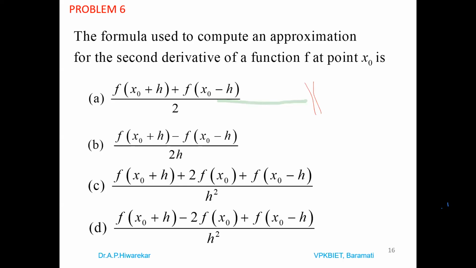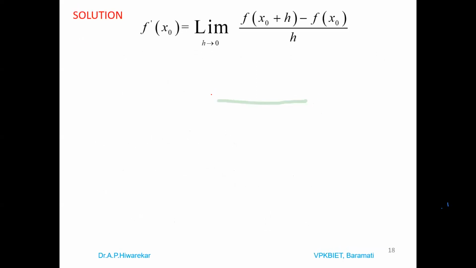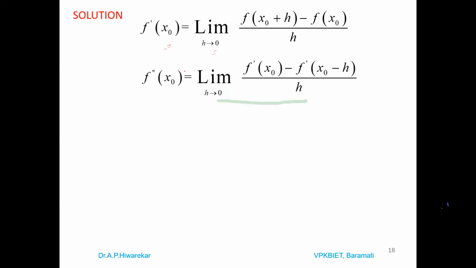Okay. So I hope you can understand what is asked in the problem. So f dash x, we know that is limit of f of x plus h minus f of x divided by h, and derivative at x0 replace x by x0. So it is limit of f of x0 plus h minus f of x0 divided by h as h tending to 0. So f double dash of x0,